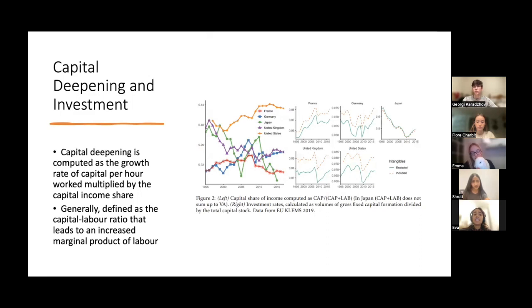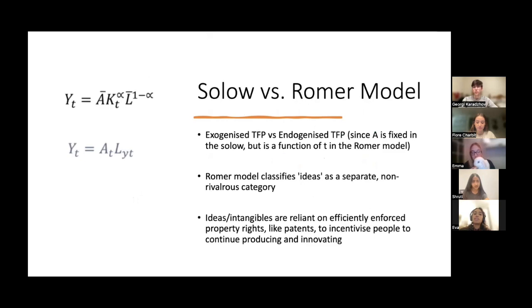and the data has indicated that this has slowed down over time. When capital deepening is high, capital is less of a limitation on the amount of output that the labour can work with. And using the Solow model, the TFP is an exogenized factor, meaning that the changes in capital would not directly influence the productivity under this model. But with the Romer model, the productivity is endogenized, which gives a better idea of how slowed capital deepening affects